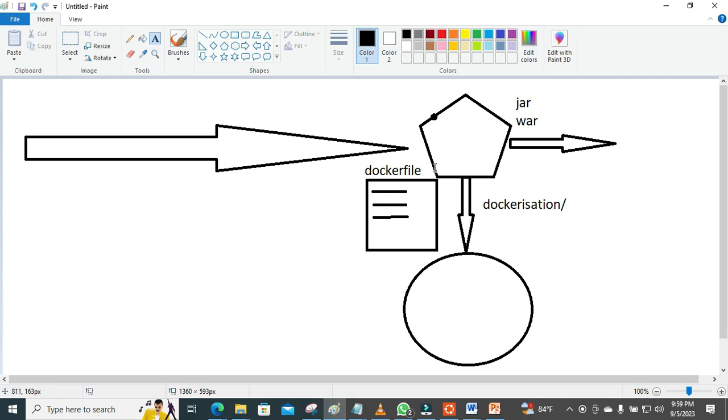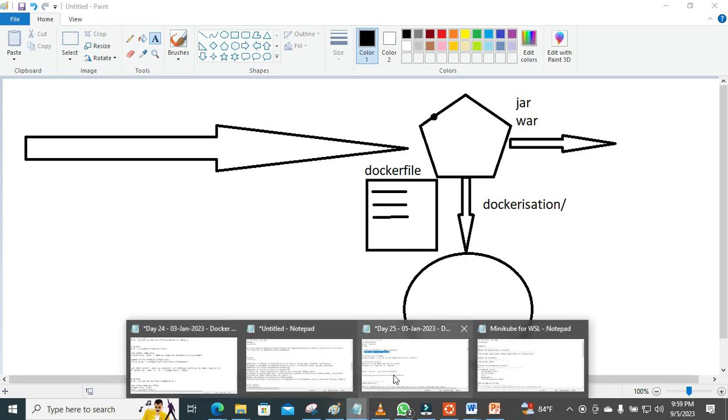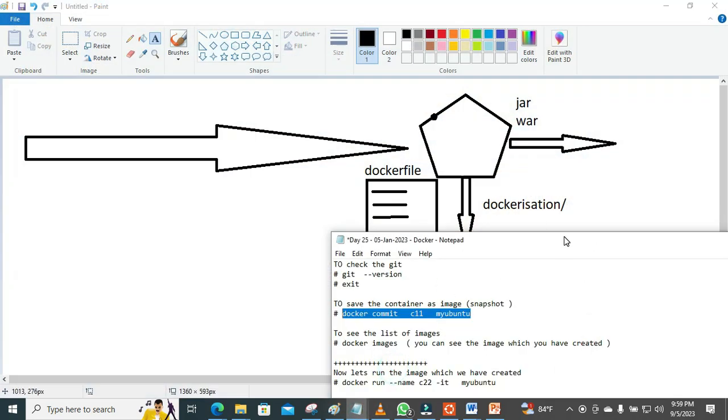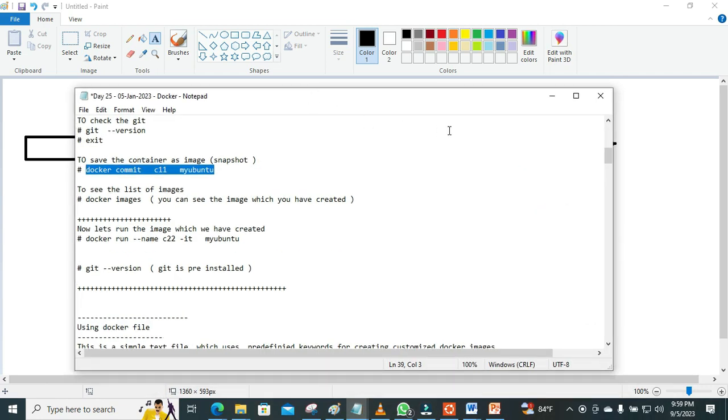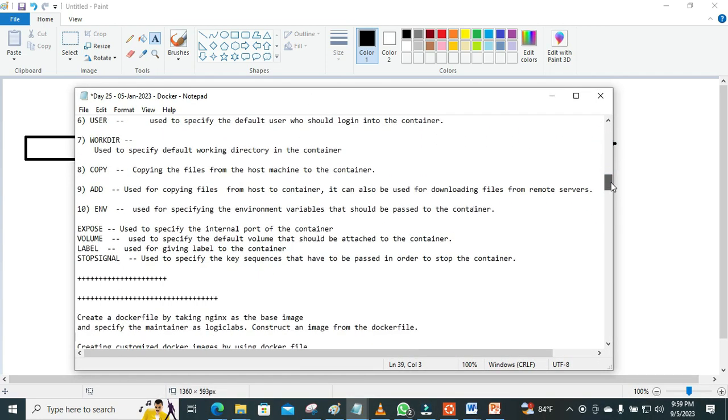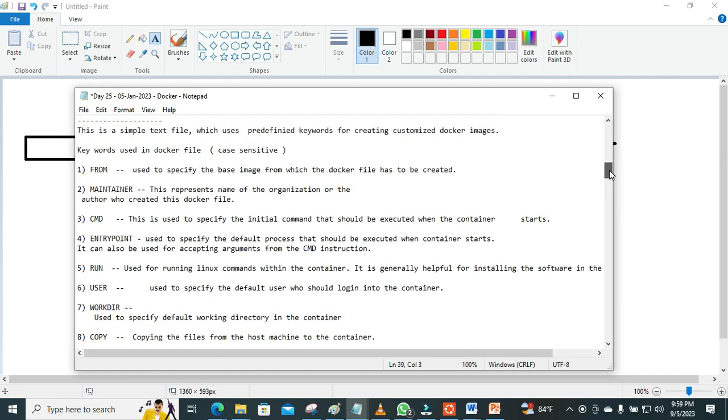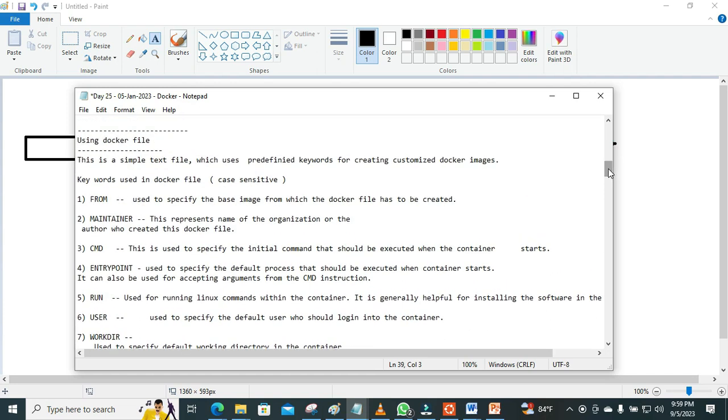It has no extension. Okay, so this is what we are going to be using in creating an image. So let us go through what the Docker file is all about and try to get everything about the Docker file. So a Docker file, by virtue of its name, is a simple text file which uses predefined